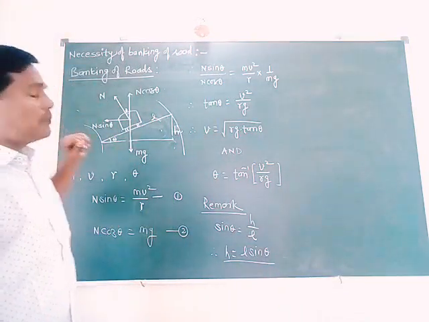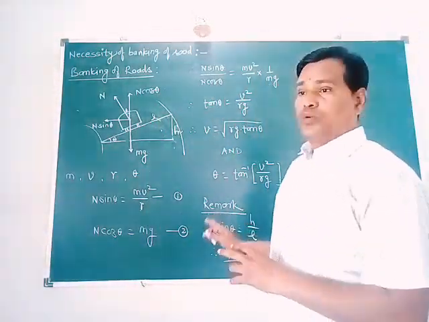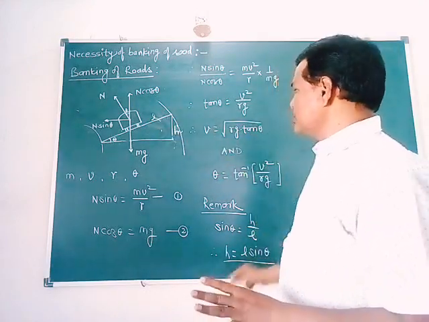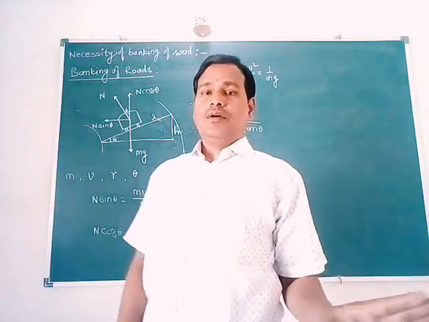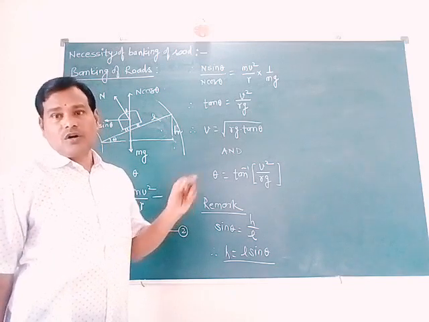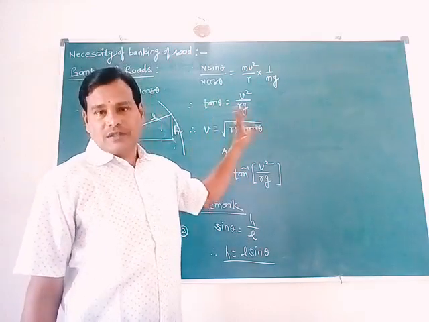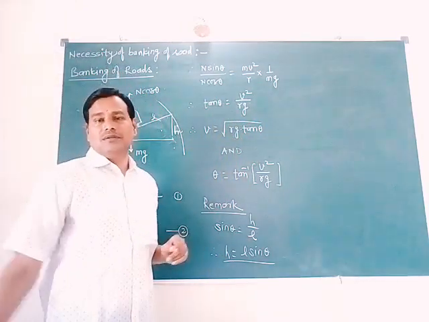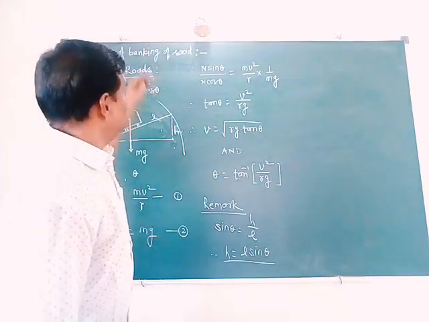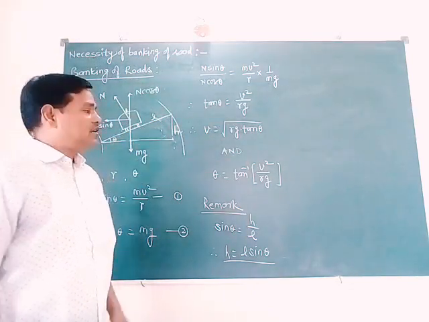So this is the expression for banking of road, angle of banking, and speed of vehicle on the banked road. This figure may be asked for 2 marks, as a separate figure, and this expression may be asked for at least 3 or 4 marks, including the definition of angle of banking or banking of road. So this is the article. As we learned in this period, it covers the necessity of banking of road and actual banking of road, its conditions, and also conditions for velocity and angle of banking.